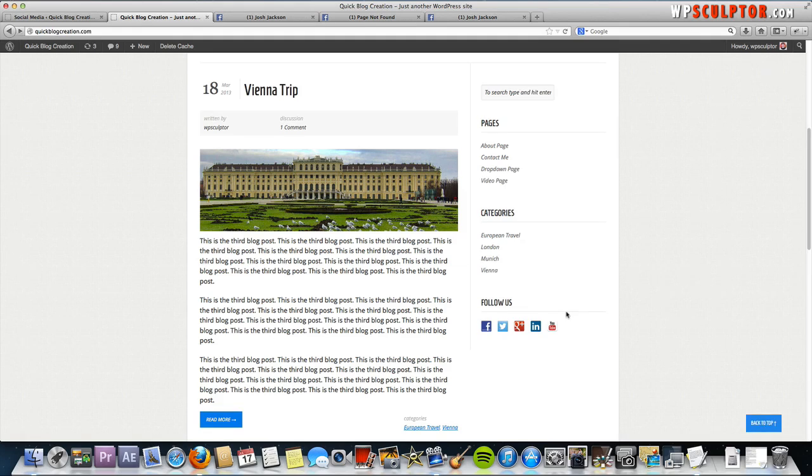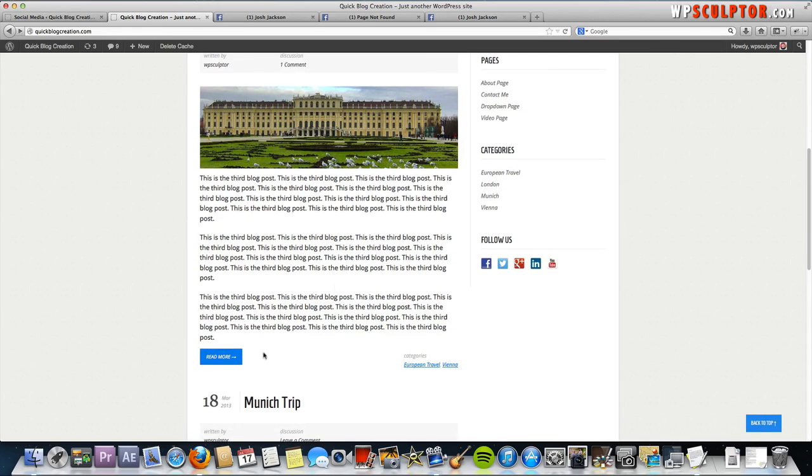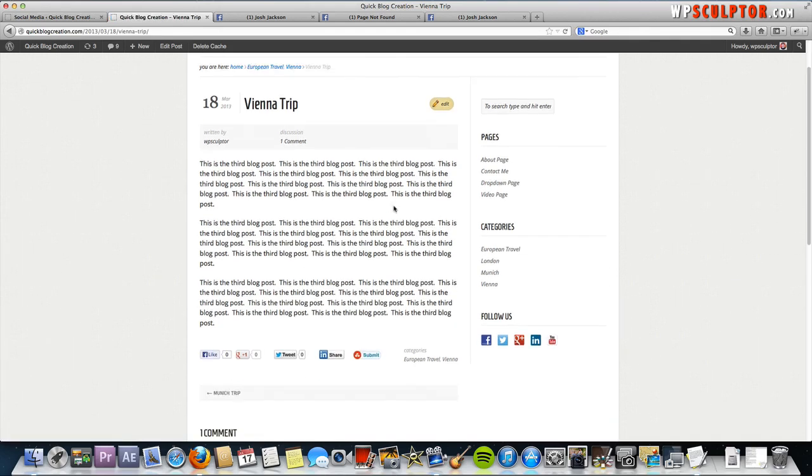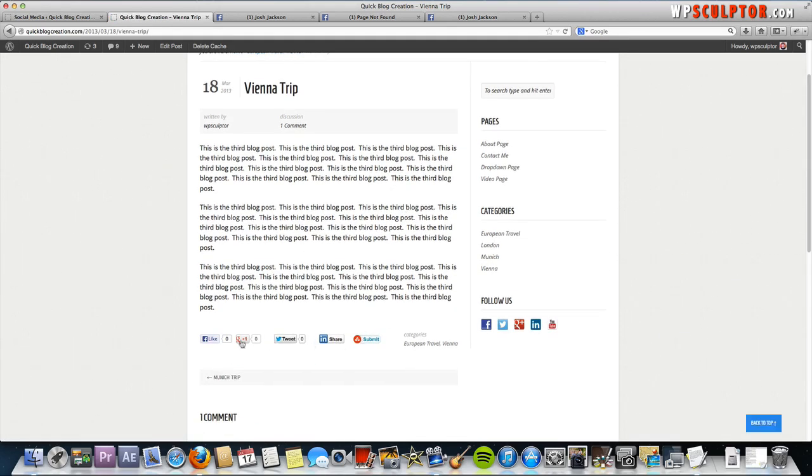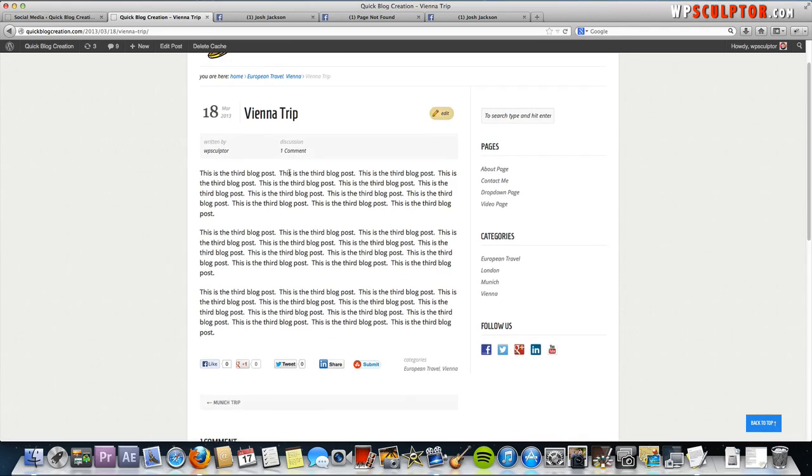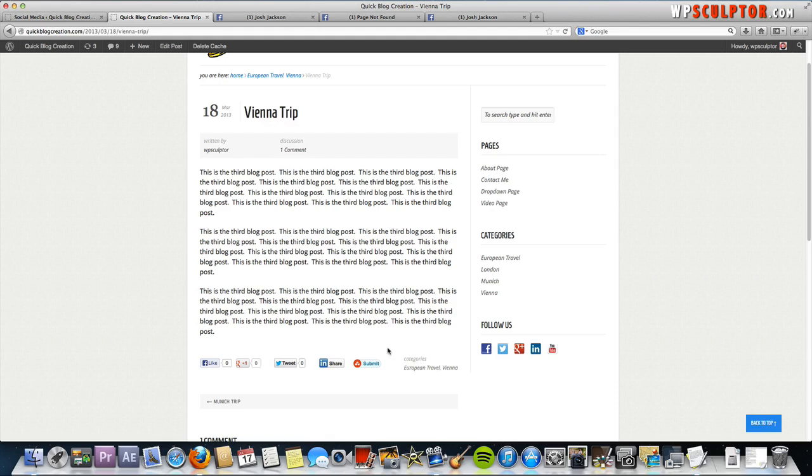Now I'm going to show you how to use the social sharing functionality of the plugin. But first I want to just demonstrate with this particular theme that I'm using. It's called the Humix theme. By default, the social sharing icons are already at the bottom of each individual post page, and they are a little different. But a lot of themes do not come with this sort of functionality, so I'm going to disable this by going